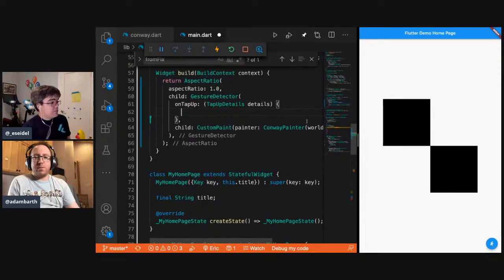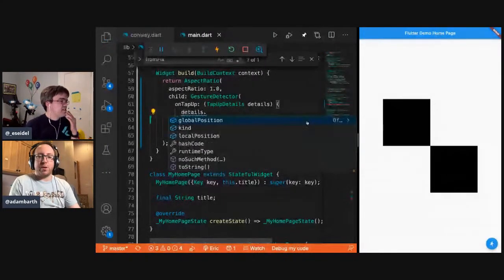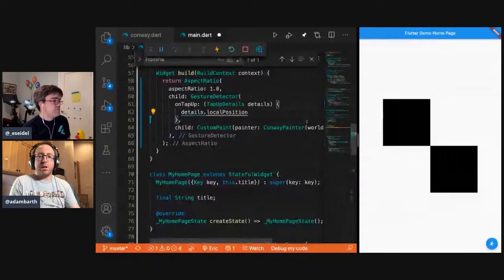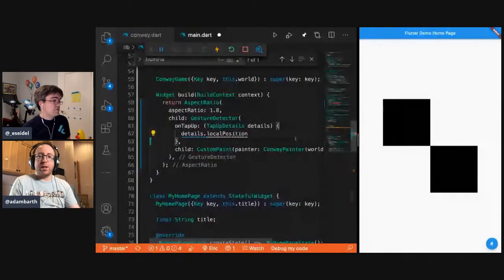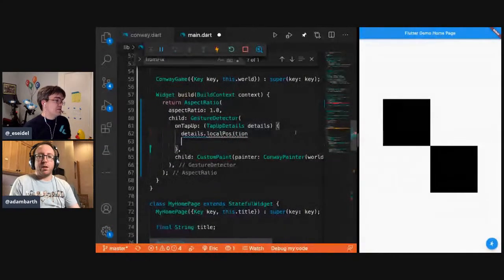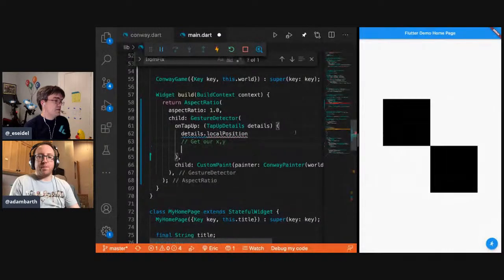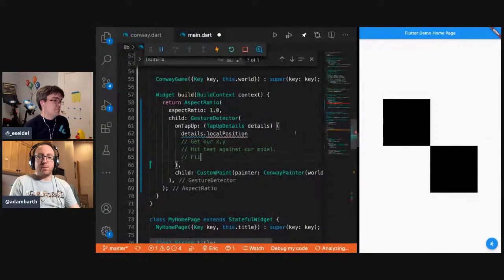I'm sorry, I don't remember this part of the framework, so you'll have to walk me through it. Oh, I don't either. But I think tap details will have some sort of properties on it that will tell you where the tap occurred. Yeah, like local position? Local position, yeah. Okay. So now we have to actually do the hit testing against our grid. Correct. I think local position will have an X and Y. Okay, so let's get our XY, hit test against our model, and then flip the